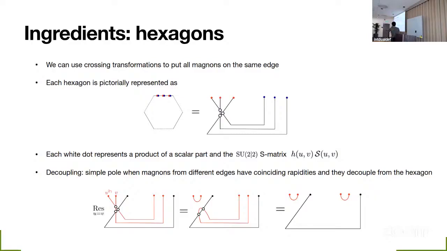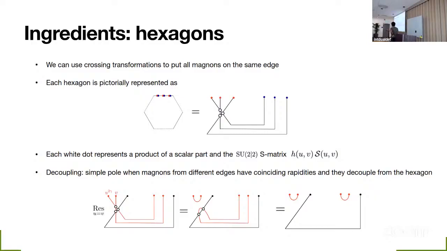You just split all the magnons by fundamentals like that, and then the hexagon is roughly equal to the S matrices that you pick in splitting the magnons in this way. It's the S matrix times some scalar factor, and